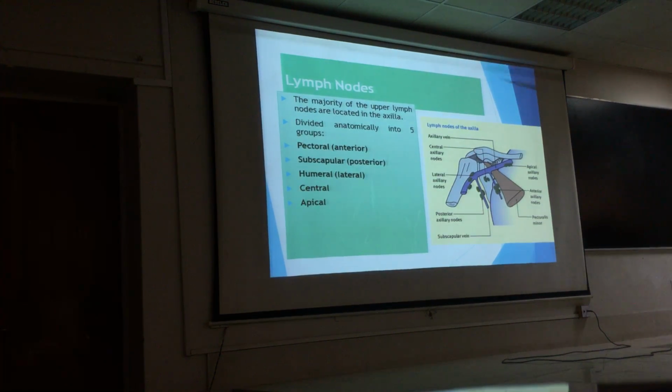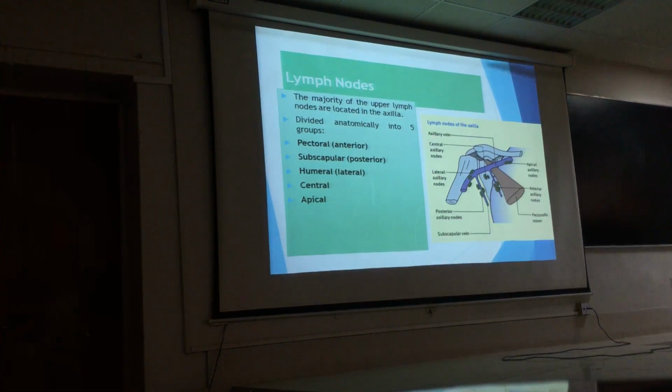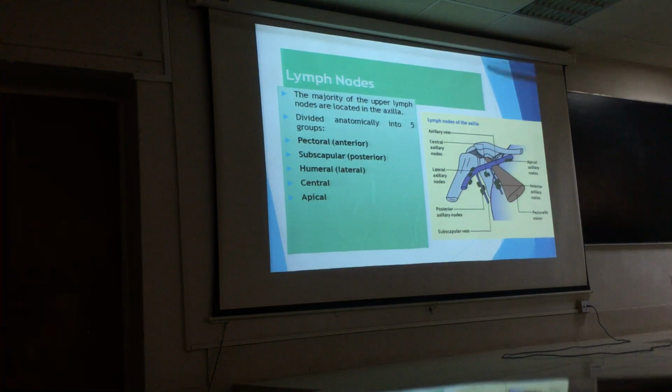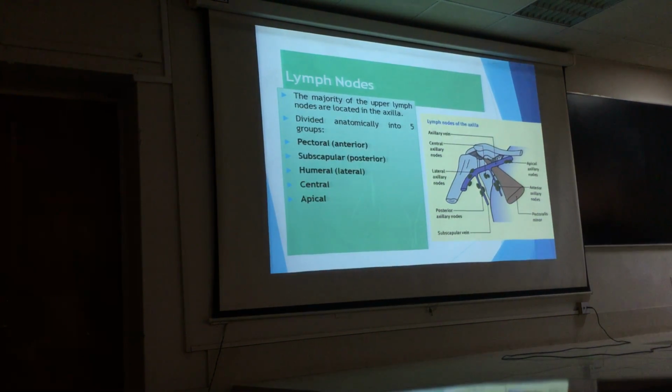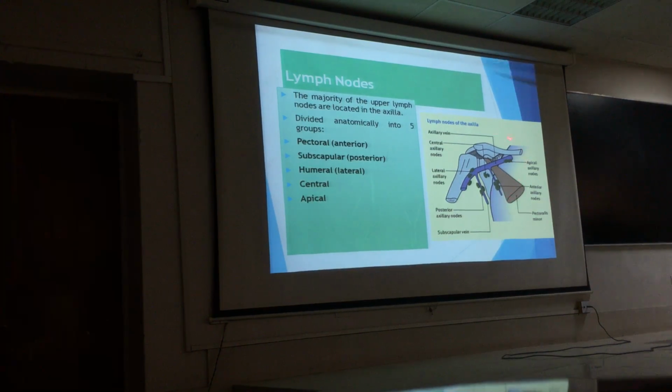Now, ये हमारी basic जो lymphatic drainage थी वो हो गई. But now I will discuss these 5 groups which we have studied. That the axillary group of lymph nodes were having the 5 sets of nodes which we categorize as the anterior, posterior, lateral, central and apical. Now if you see over here,